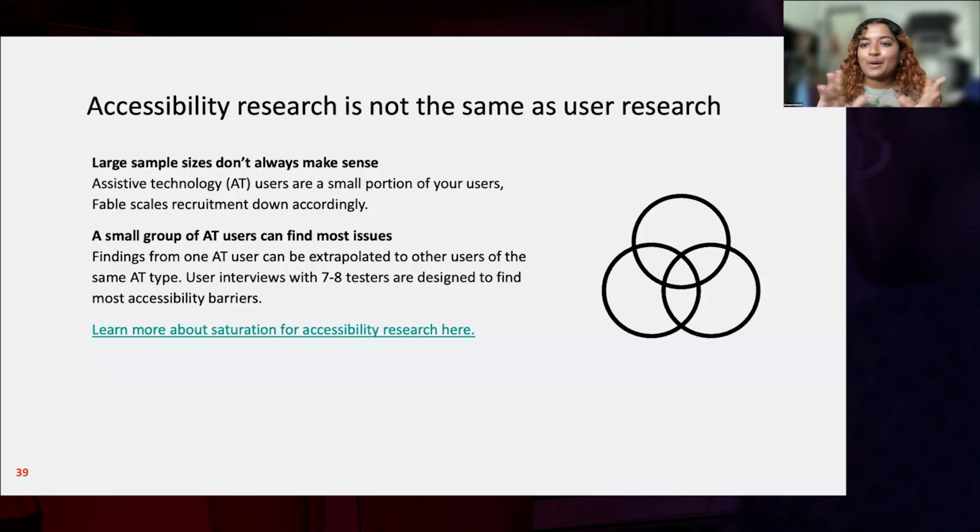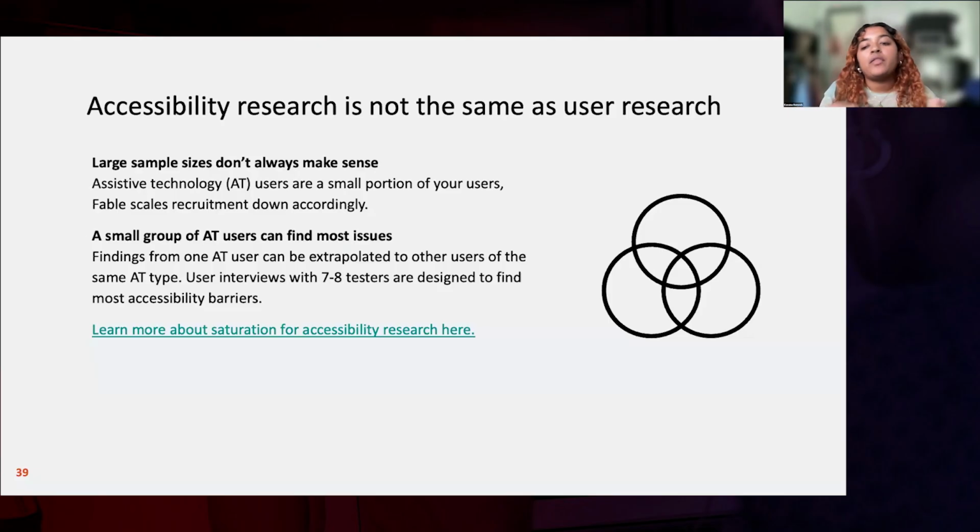These are words that we throw around a lot in research, but essentially it's just the idea that when you're doing accessibility research, you don't need to meet with as many users to reach that stage of almost enough users to get, let's say, 80% of the problems or pain points or blockers. So saturation can be reached a little easier. You don't necessarily need to run a huge study with 15, 20 participants to understand some of those